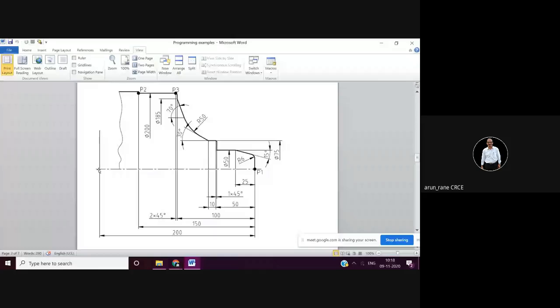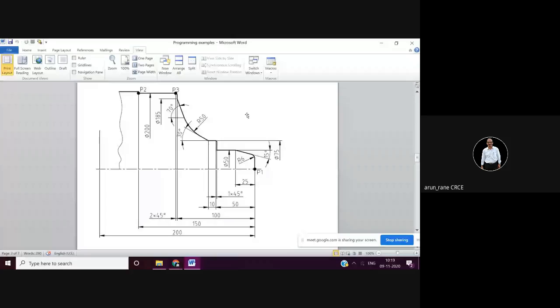Now you have to remember, in case of a CNC lathe, the X0 is always on the center line. That you have to remember. X0 is always on the center line. This is a center line. This is a break line, and this is held in a 3 jaw chuck. And Z0 is on the face, not necessarily always on the front face. Z0 can be here also,